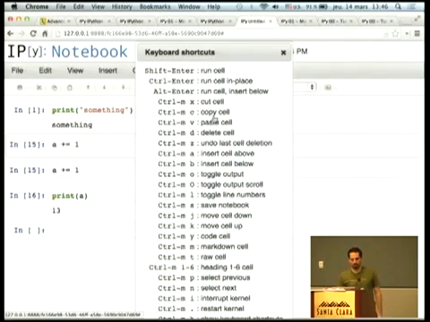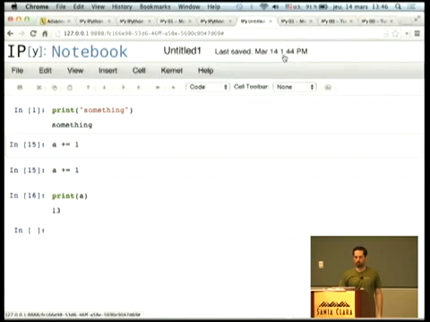Okay, so the most important are Shift-Enter and Control-Enter, to either run in place or to move on to the next cell. Actually, it's the opposite. Okay, so now we can close this tab